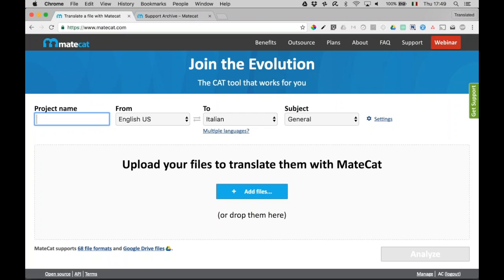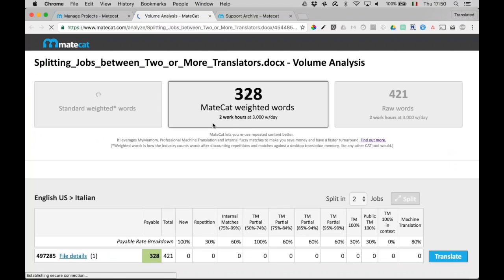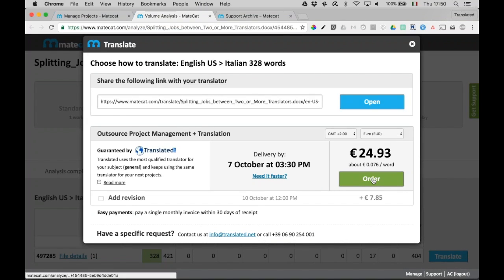But how can we make it sustainable? Well, MateCat has a different business model. Maybe you've already seen this. When you create a project and you go through the analysis, you always have two options. You can translate the project yourself, or you can outsource it. When you click on this green button, well, you're basically paying for the translation service, and we get a cut of that. So it is going to be free forever. Yes, Miriam, you just wrote it, it's going to be free forever. Yes. Okay, that's great.